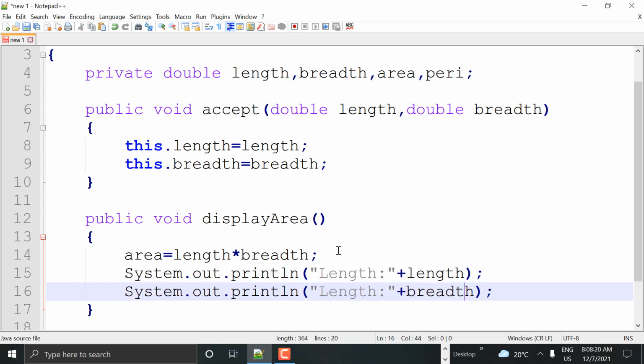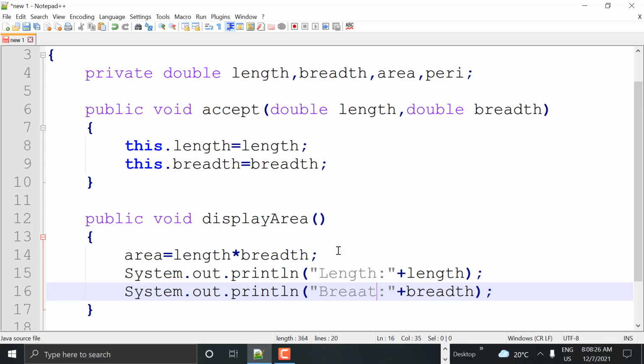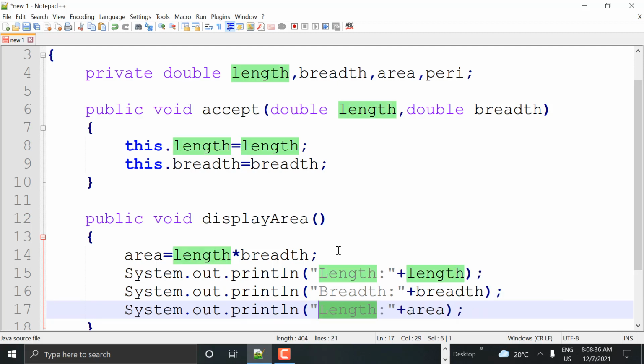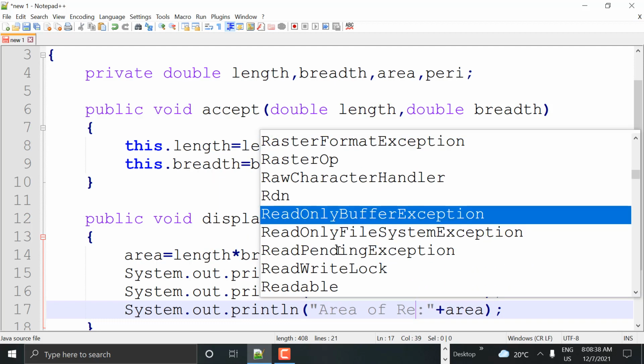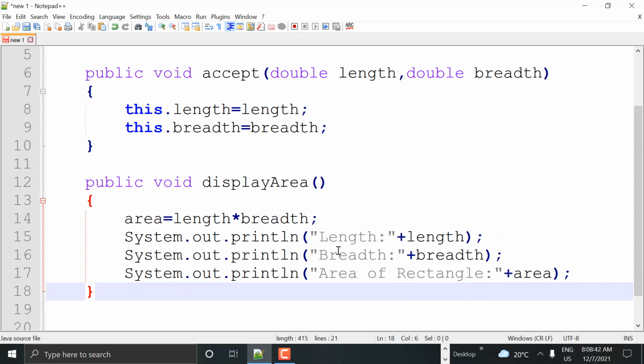Okay, so I said breadth here, and finally we are printing the area, which is in the variable called area, guys. Okay, area of rectangle. Yeah, same thing.